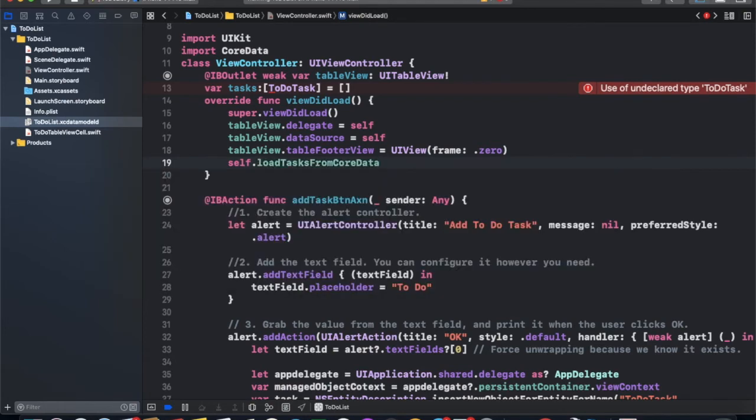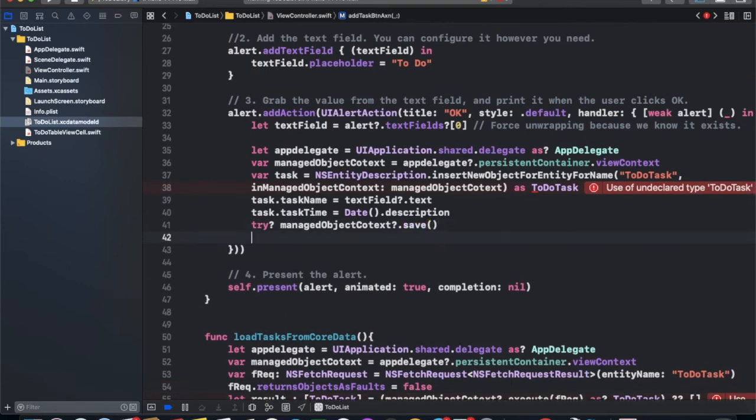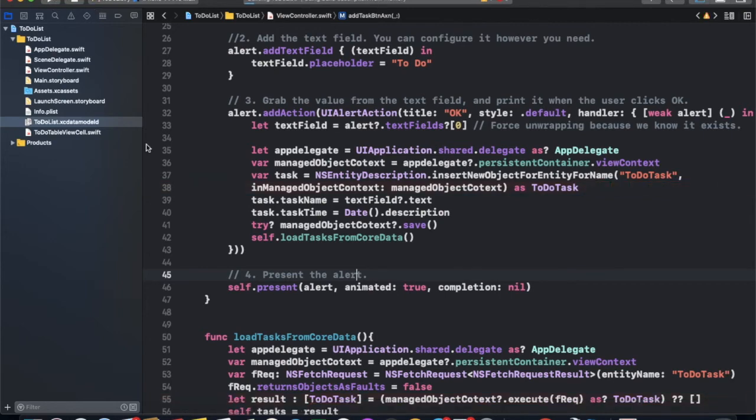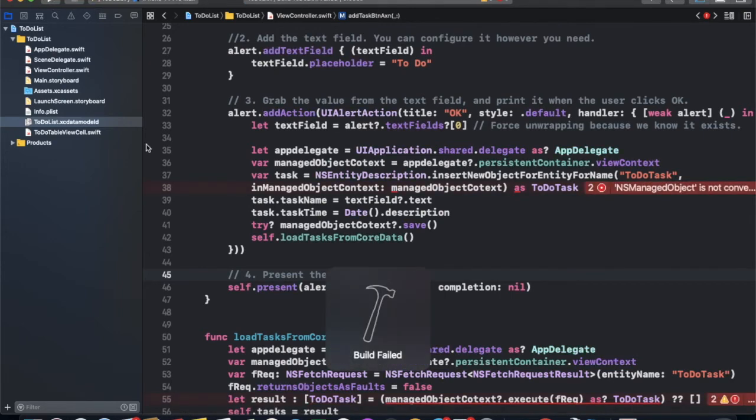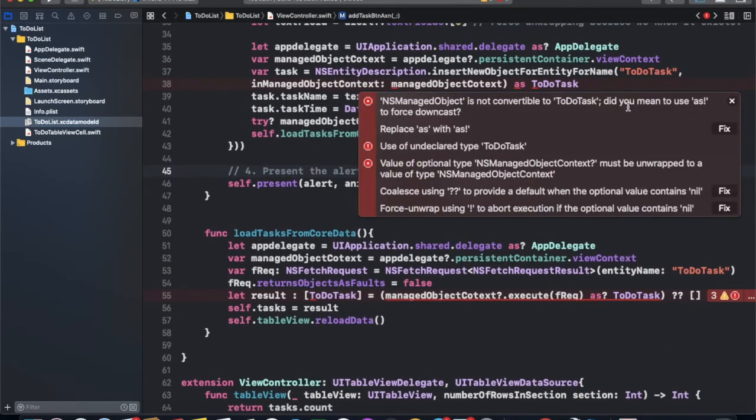First, you can see the previous tasks, and then after saving the data, you also need to call this so you can fetch the new one. Now you can run it. There is some error here.